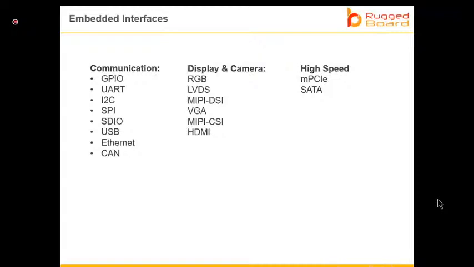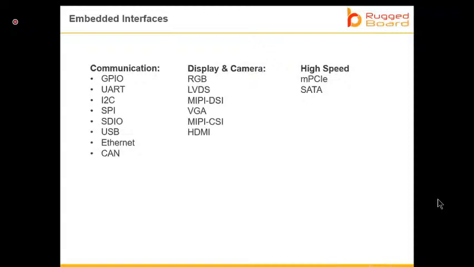Essentially this is called a parallel interface. When you say communication, you want to send data from one device to another device, right? So what you do is write some bits on one side, and all these bits have to be transferred to the other device basically.